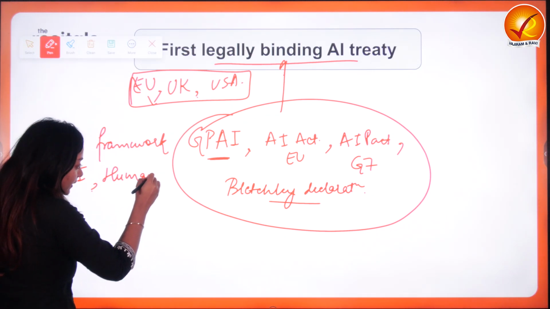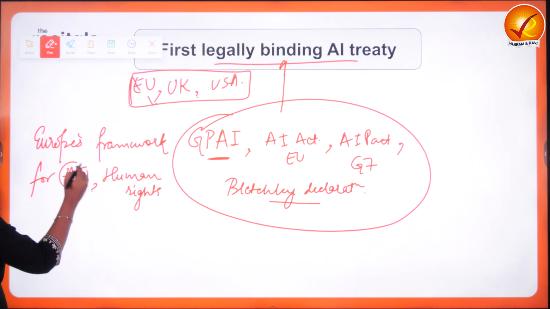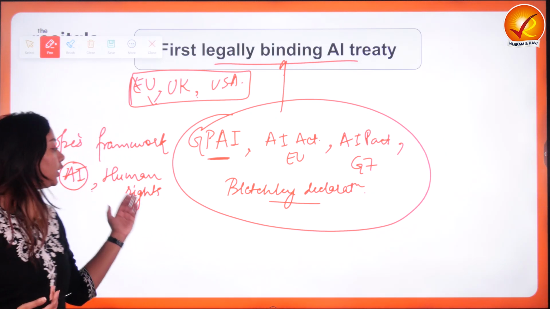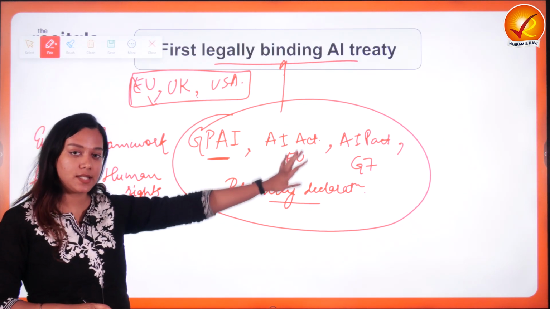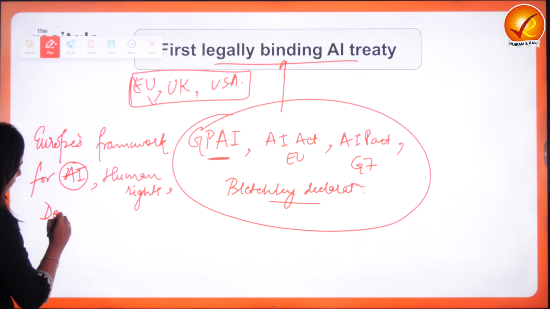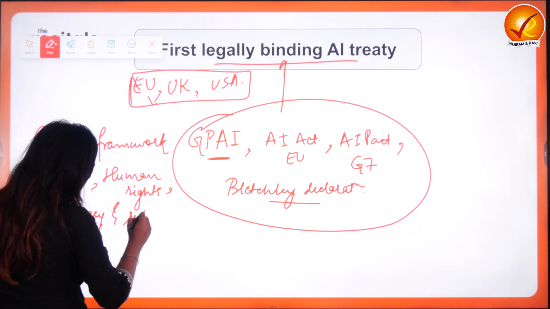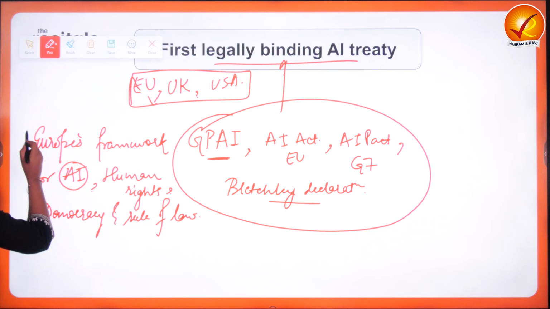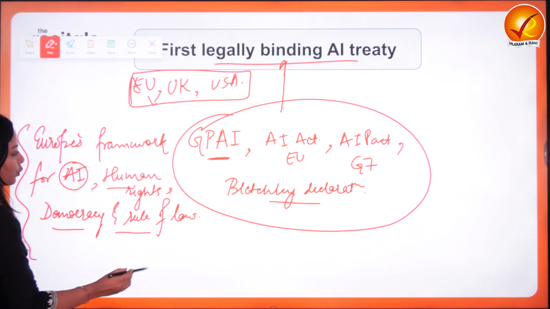Human rights. Because what happens is certain applications of artificial intelligence could come into conflict with human rights violations. So which one to prioritize, that is very clearly declared by this AI treaty. And then democracy and rule of law. Fine. So these are the areas in which this AI treaty is going to work, and